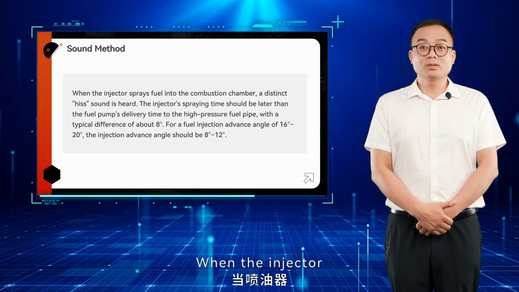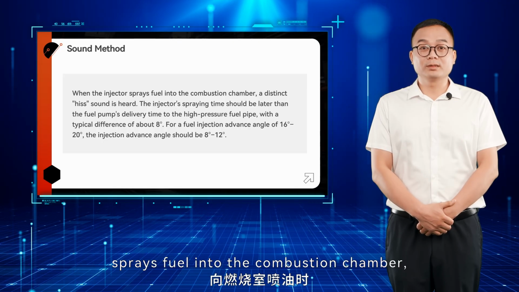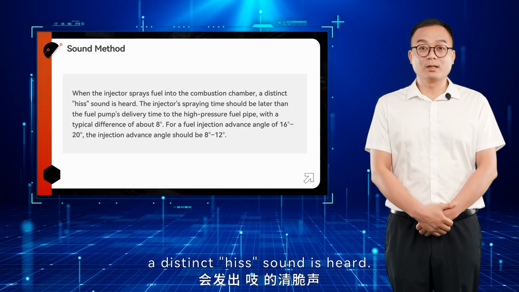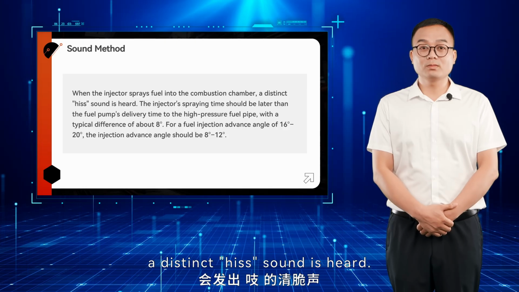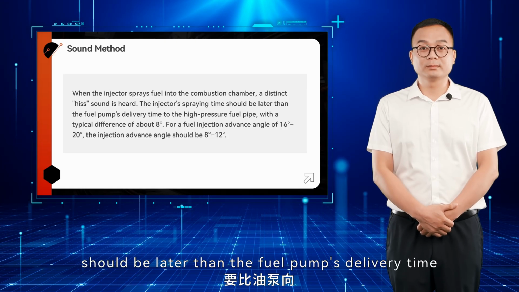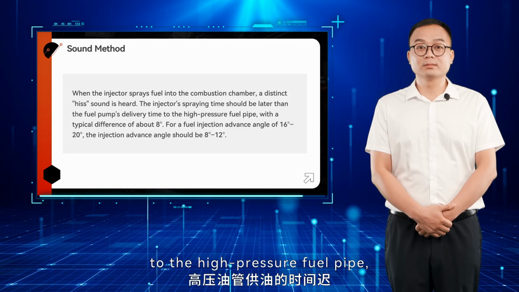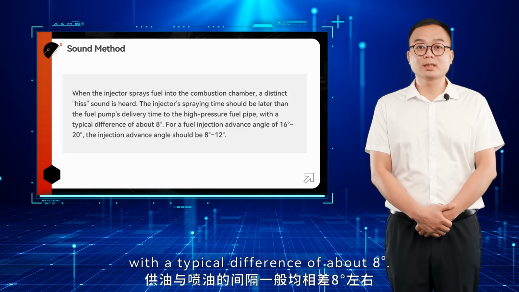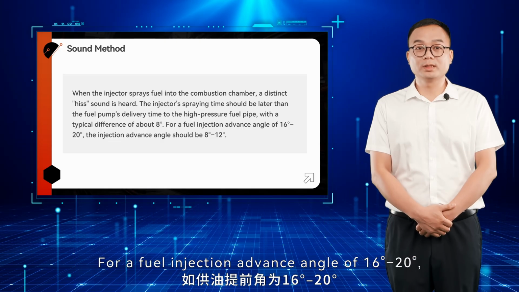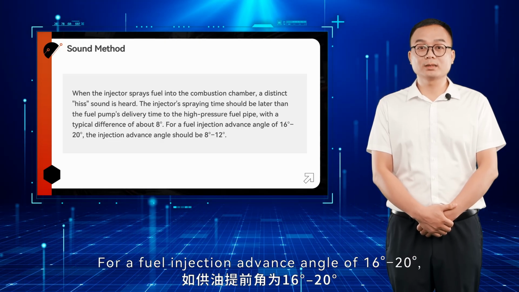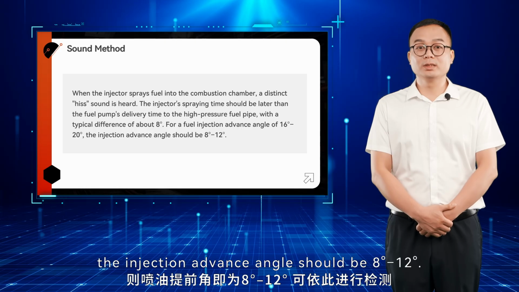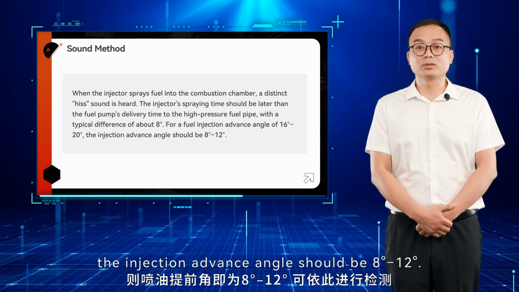Sound method. When the injector sprays fuel into the combustion chamber, a distinct hiss sound is heard. The injector's spraying time should be later than the fuel pump's delivery time to the high-pressure fuel pipe, with a typical difference of about 8 degrees. For a fuel injection advance angle of 16 to 20 degrees, the injection advance angle should be 8 to 12